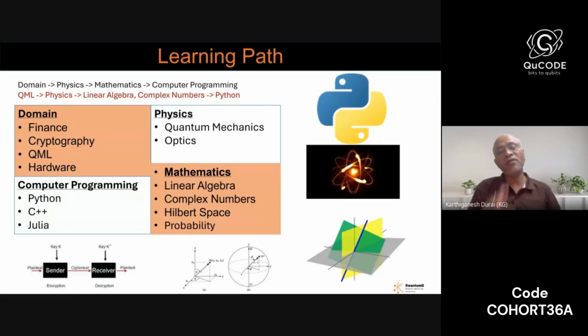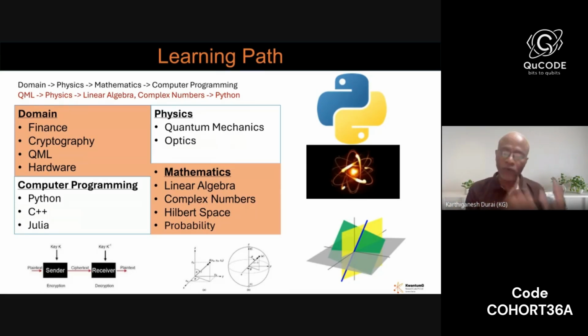Then in your team you will have a mathematician who is very strong in linear algebra, complex numbers, Hilbert space, probability, and complex analysis or functional analysis, real analysis, these kinds of mathematical concepts. Since they are part of your team, you are going to interact with them. You have to understand what they are talking about, because the mathematician is the person who is going to give the mathematical model, and as a software engineer you are going to build a software solution for the mathematical model. So you are going to interact closely with the mathematician. So you have to understand 8,000 to 10,000 feet level of knowledge in mathematics.